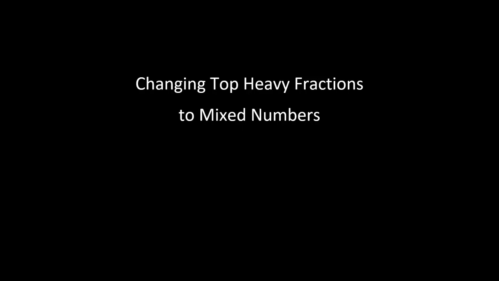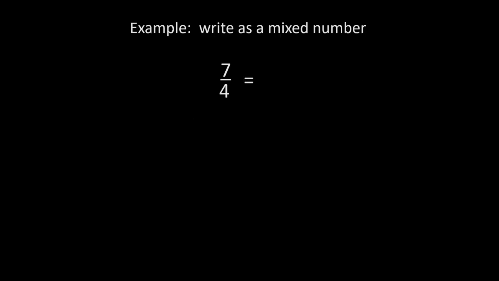So let's have a look at an example then. Write as a mixed number 7/4. Well, what we need to do first is divide 7 by 4. So how many 4's in 7? Well, there's only 1, and there's 3 left over. Now what that means is that there's 1 whole and 3 left over, and we're dealing with quarters, so